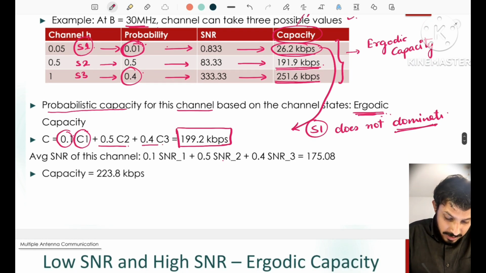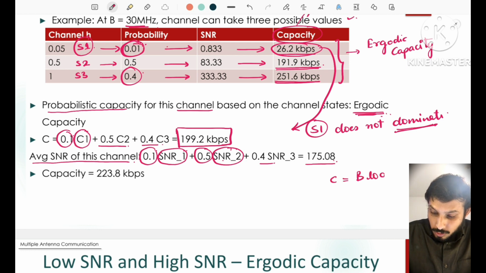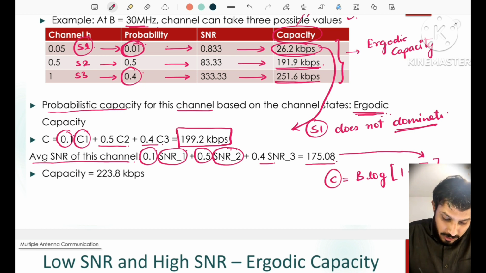Now if we consider the average SNR of the channel, then we have 0.01, the probability, multiplied by the SNR of the 1, plus probability multiplied by SNR of the 2, and so on, and then we can get 175.08 as the SNR. And if we put this in this expression, B log 2 (1 plus gamma bar), where this value is gamma bar,